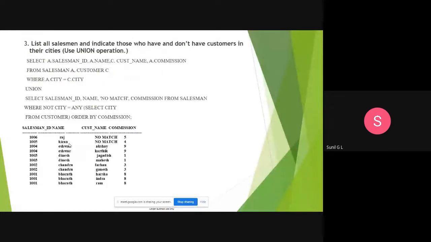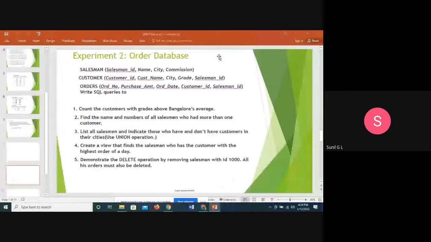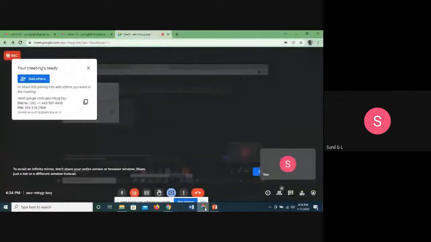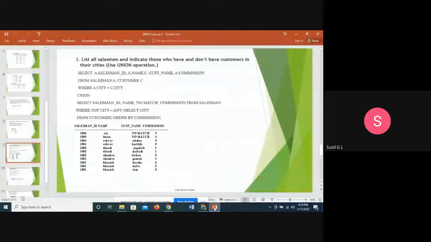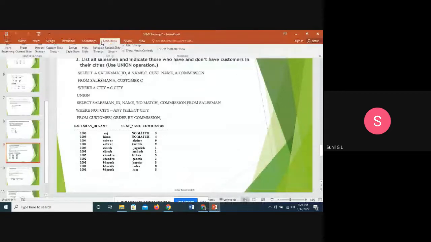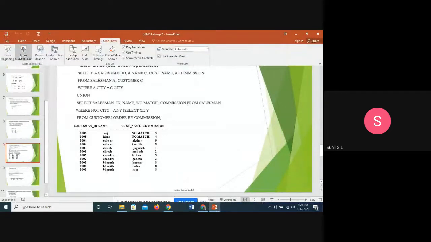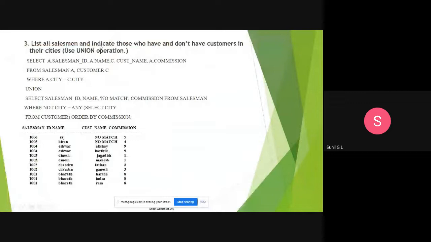Okay, when you come to the third query: list all the salesmen and indicate those who have and do not have customers in their cities.